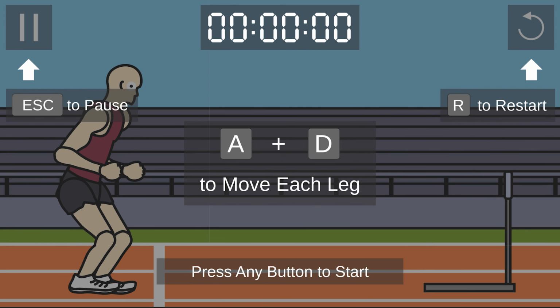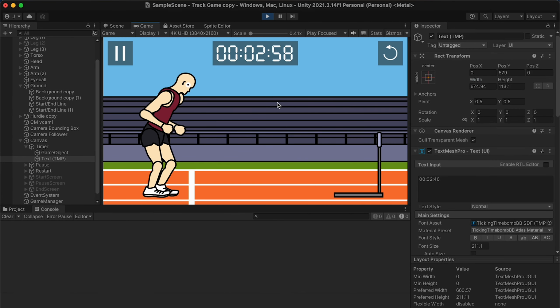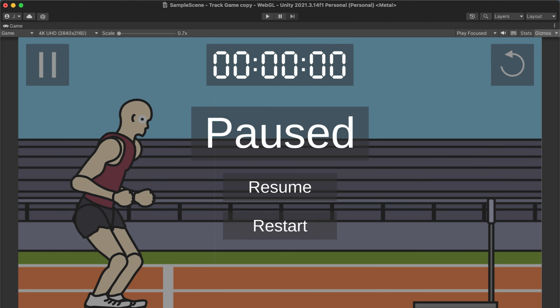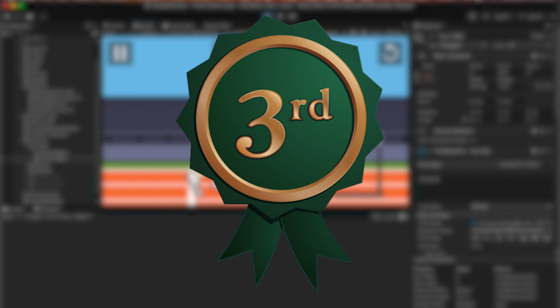So I made a screen laying out all the controls and functions that looked pretty swifty. I was on a roll with the UI, and it was time to finish off some of the last little details. I made a pause screen with a couple of buttons and an end screen that was pretty similar to that. And now it's time for me to jump into my third and last script of this project.